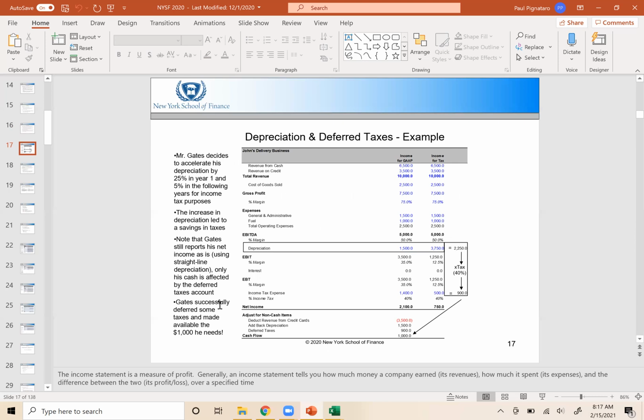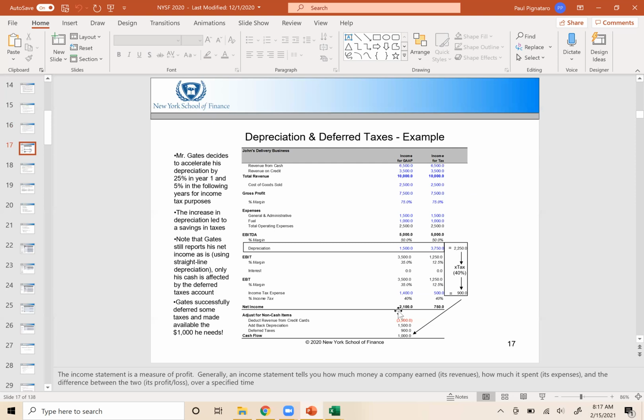This goes back to the same income statement we looked at a few classes back, right? This is the small little trucking company. He has $10,000 in revenue here, $5,000 in EBITDA, and $1,500 in depreciation. If you remember, his truck was $20,000. He had a residual value. That difference divided by 10 years is $1,500 a year, trickling down to $2,100 in net